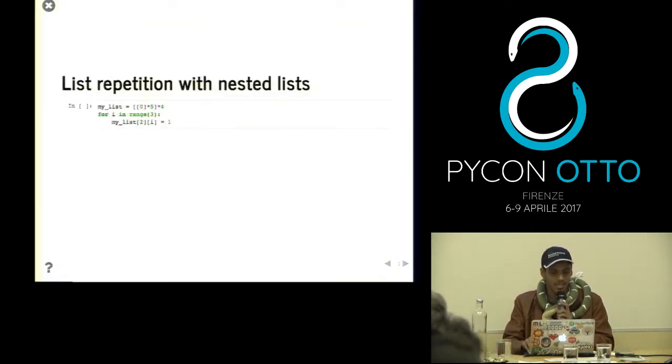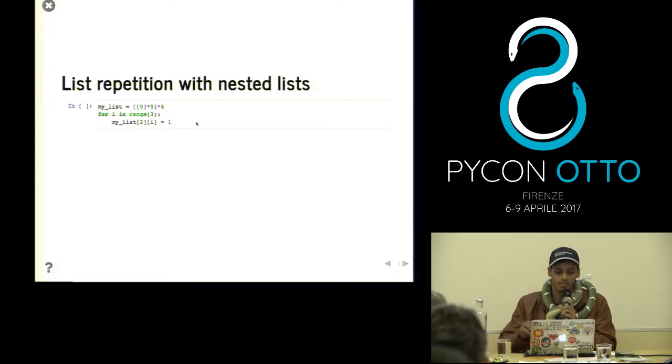Let's talk about the first thing, which is list repetition with nested lists. This is a pretty basic nested list. I have a two-dimensional matrix which has 5 elements and is nested 4 times. I just use a single for loop to change the list at the second index so the entire column becomes 1.